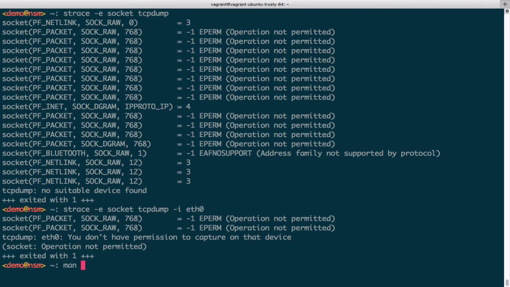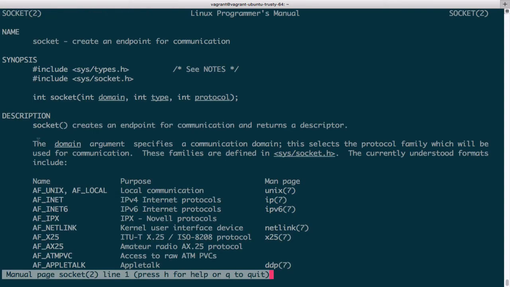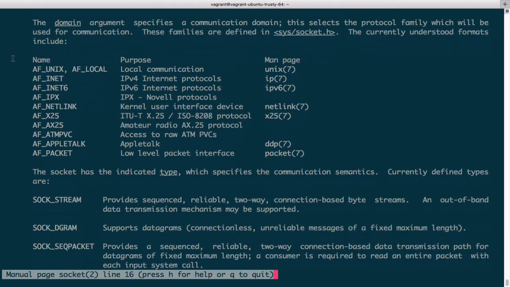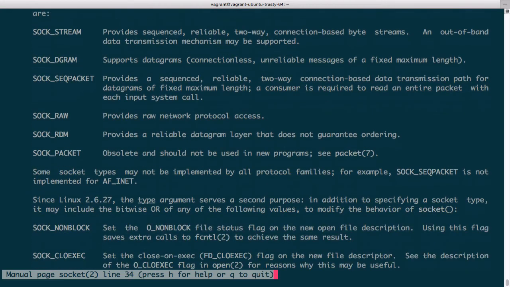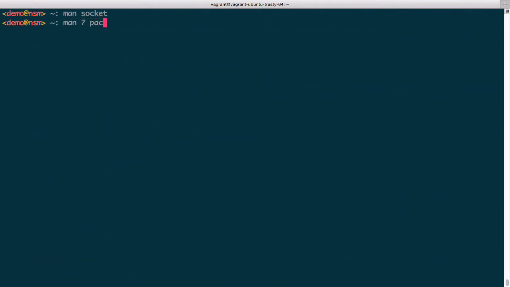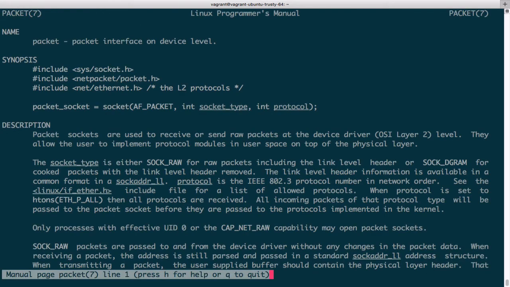So first, let's go ahead and open up the manual page for socket, and you can see that it creates an endpoint for communication. Here's a bunch of types that we saw. And the one we're specifically looking at is AF packet. It's a low-level packet interface. And here's a reference to the man page just for that. Also, you can see as the socket has the indicated type, here are the clearly defined types. And the one that we're concerned with for sniffing is SockRaw, which provides raw network protocol access. So let's go ahead and try that other man page, man 7 packet, because